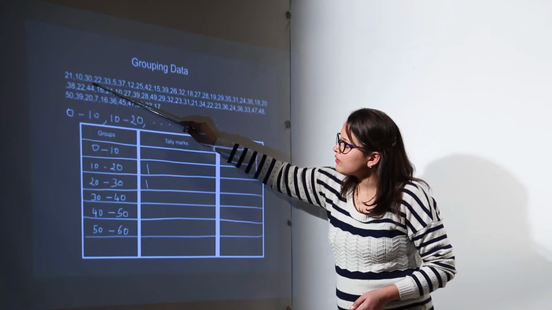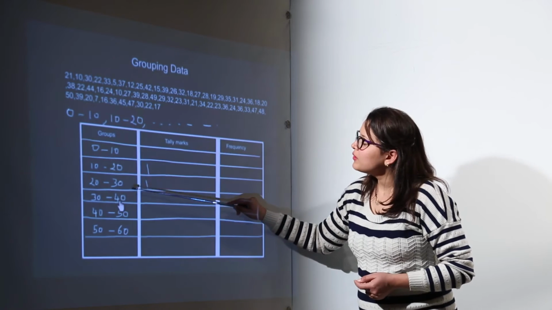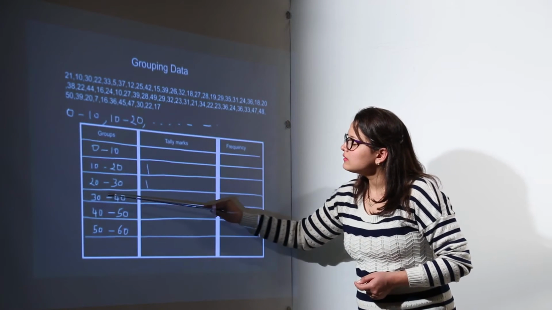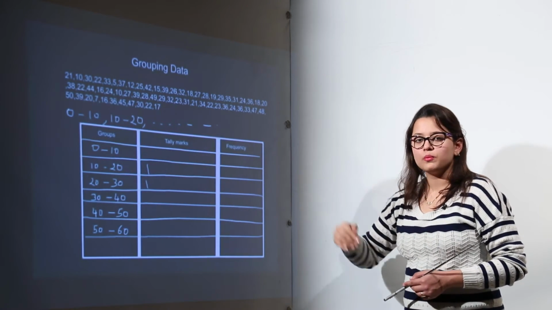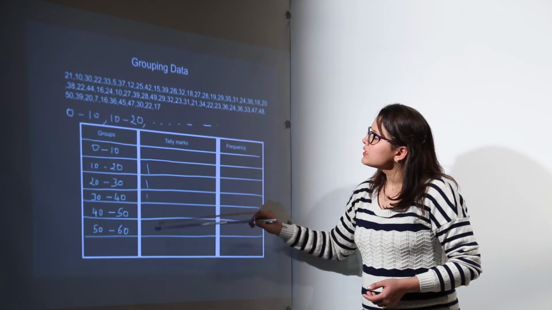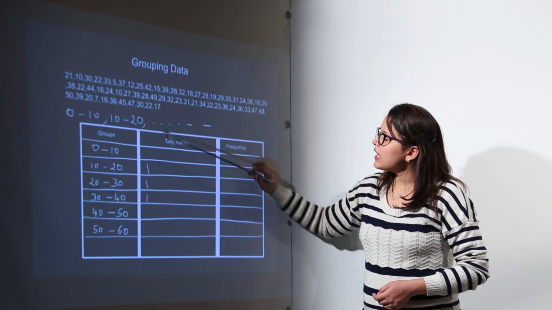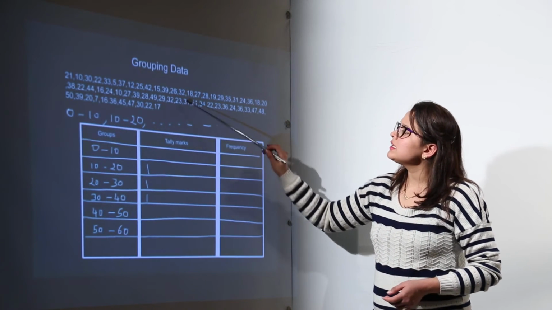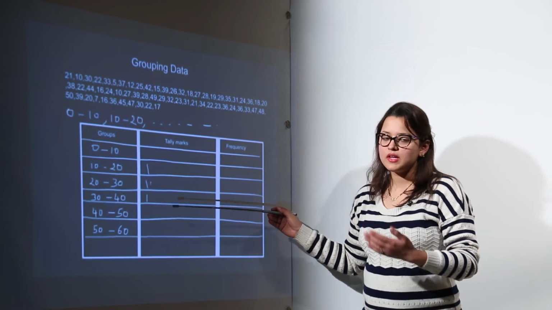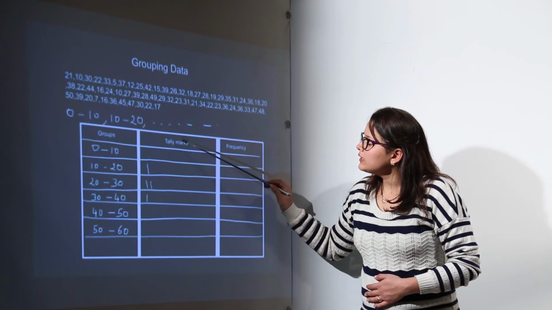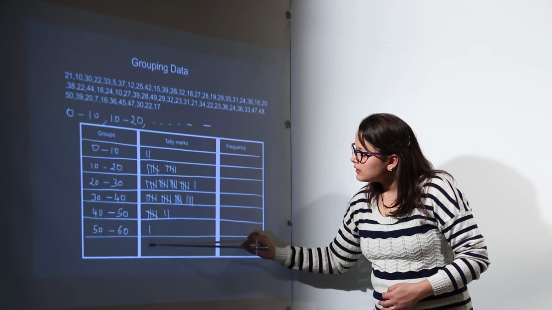Similarly, moving on, we have 30. Again we are going to have the same confusion. So we are going to place the value 30 in the 30 to 40 group, because the value 30 will always go in the higher group, that is the 30 to 40 group. Similarly, we can go on with 22, 33, 5, 37, 12 and so on. That means for each and every value you will be making the tally marks in a similar way as we have done earlier, right? All the tally marks made together for each and every value will show us this type of table.